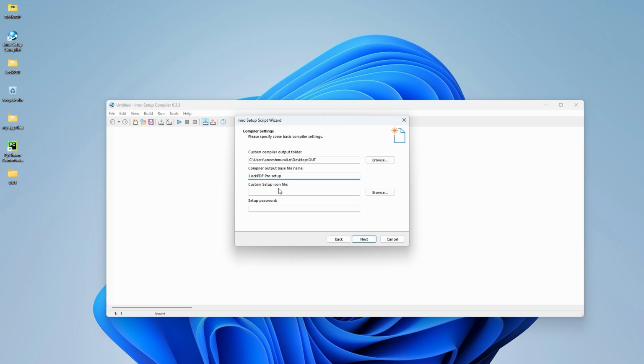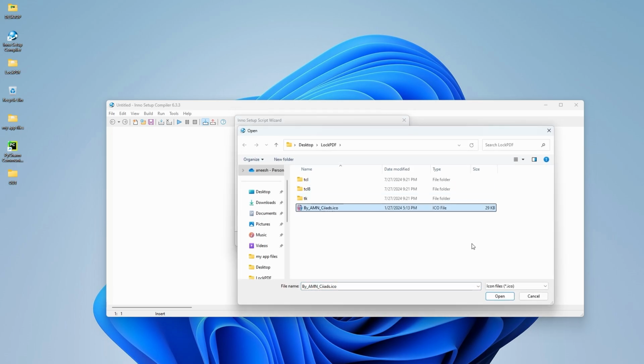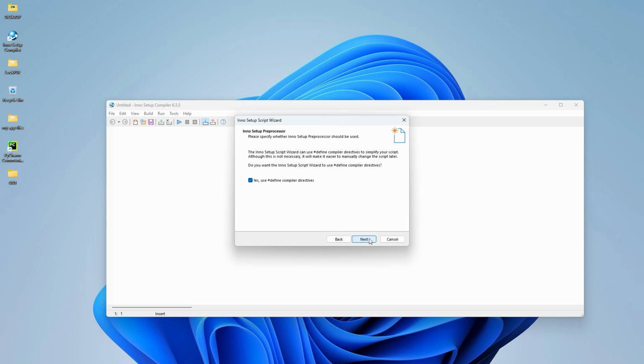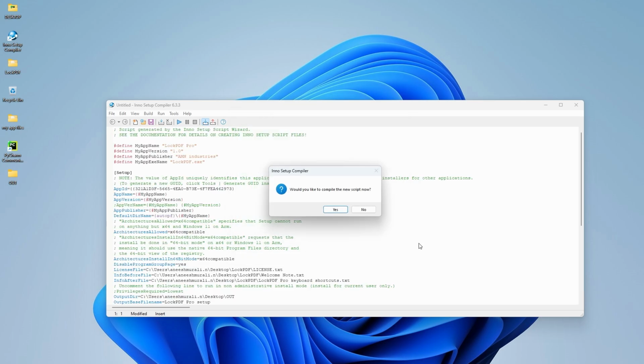Setup icon, we can set up our app icon to make it look great. So select and open it. All set, good to go. Next and next, finish. Actually, it created a script you can see over here, and it's asking, would you like